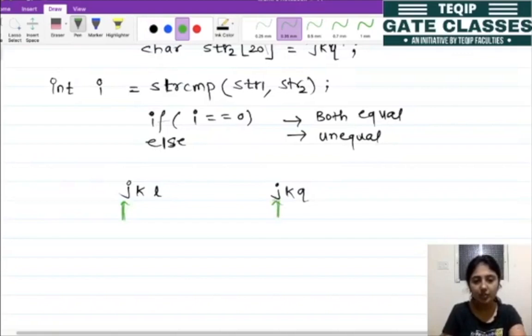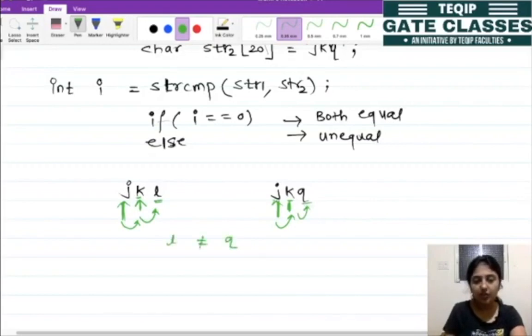Both are equal, so the compiler increments the counter for both strings. Now the second position is checked with the second position of the other string. Again K is equal to K, so the compiler increments the counter again. Now our control is here. So L and Q are not equal, right?